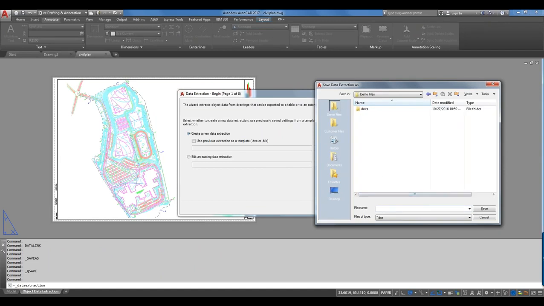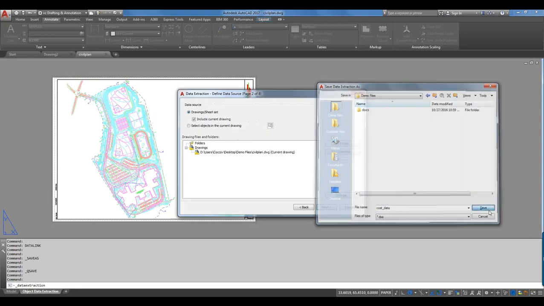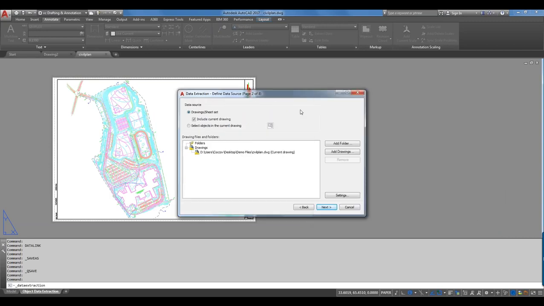And I'll go ahead and just call this, well, basically the same thing that I called my spreadsheet. You could call it anything. Call it Fred if you want, but it's usually better to call it something specific to the project. Okay, so having done that,